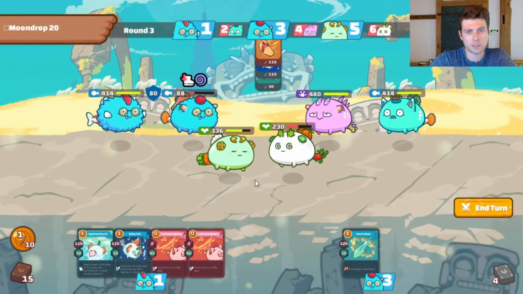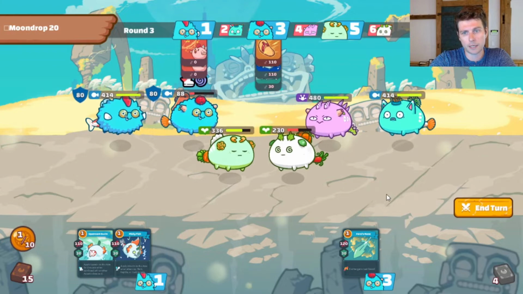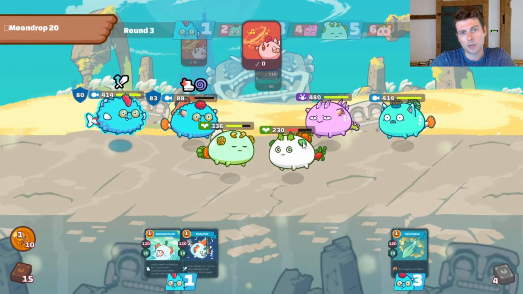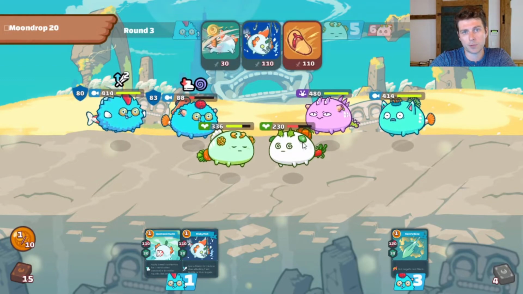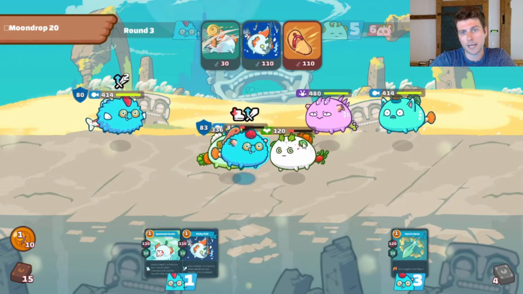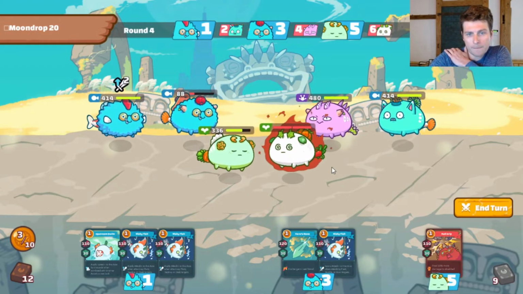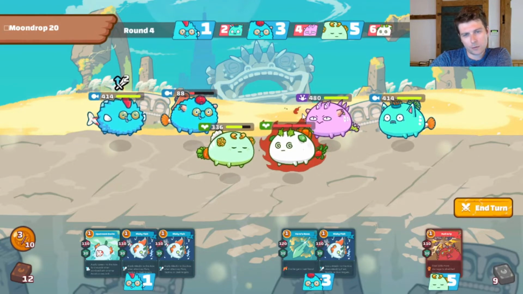Excuse me, Sandal. Jeez. And then I'm just going to start banking these Cuckoos so that I can get some attack plus here. And yeah, this is going to kill the Aqua, or excuse me, kill the plant tank. My Aqua is going to kill the plant tank here. Shake the stun, 110, attack plus on this, you know, 159. Ooh. Okay. That's less than ideal, but